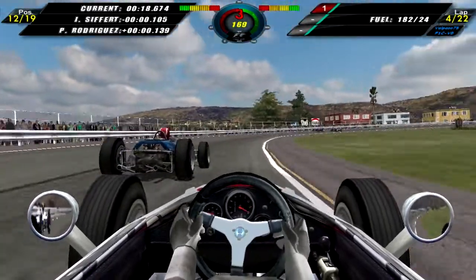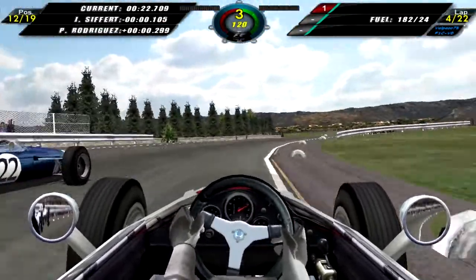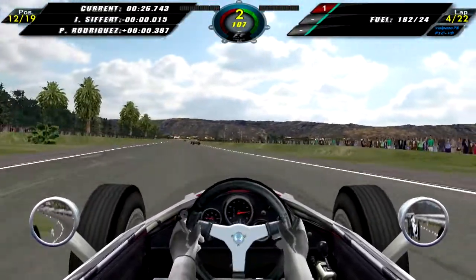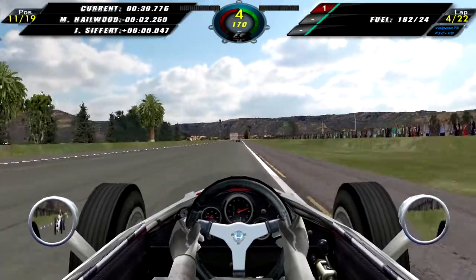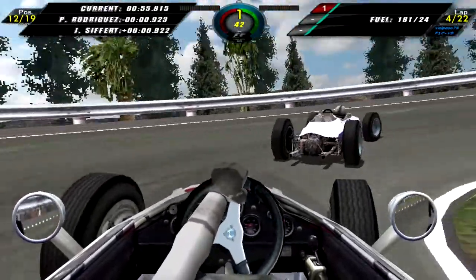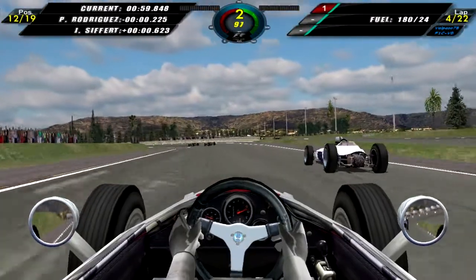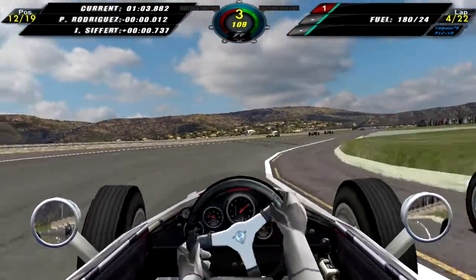So now it's a question of whether or not we can regain that position coming through these slow corners, and I kind of force my way on the outside there and make the maneuver, and now chasing after Mike Hillwood. However, as we come into the hairpin, Pedro Rodriguez managed to overtake us once again. I then tried to get back at him, however he parked his car right on the racing line,